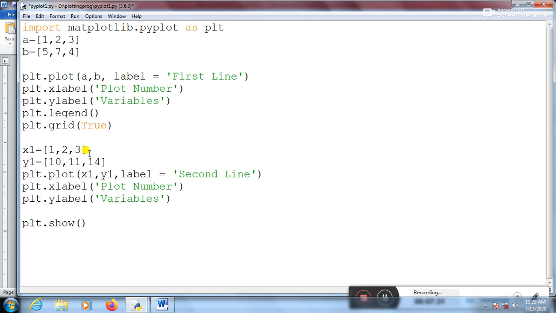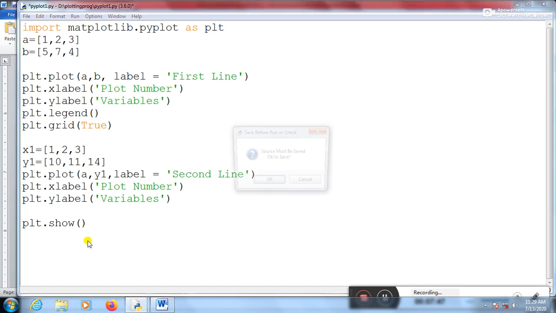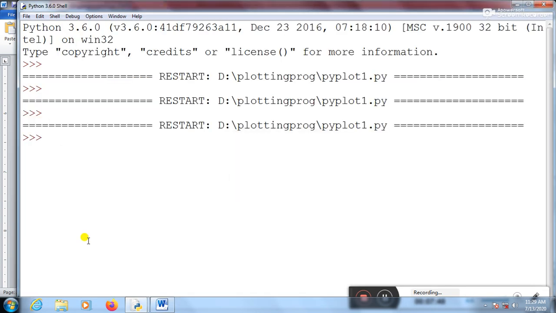Fine, let's see. Now over here you can see that x1 and a is the same. Suppose in place of x1 I can use a also. Now I'm running the program. Let's see how many graphs it shows me. What is the view of my graph this time?